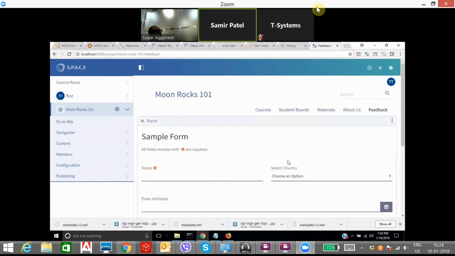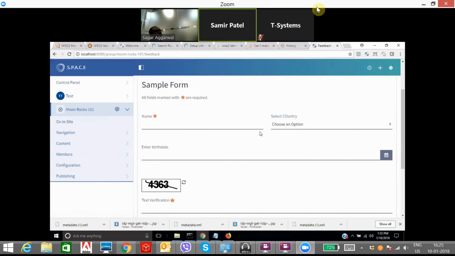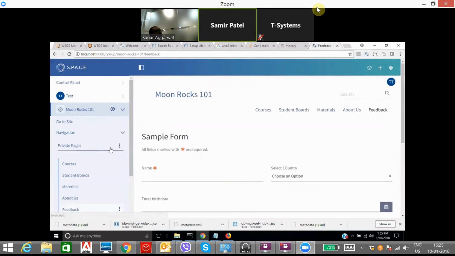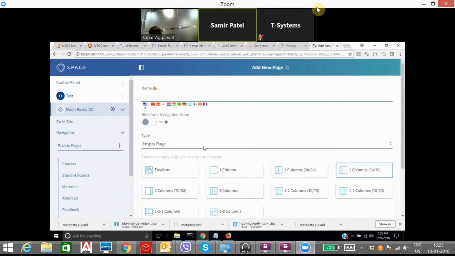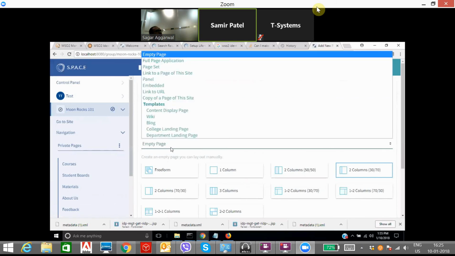there are two concepts over here: site template and page template, right? If I have a site template, I can create sites based on certain components already published on that site. For example, I want to create a site with 10 different pages and 10 different applications on those pages. So I can create a site template and create sites based on that site template. In the same way, if I want to create a page which should have a form, while adding the page itself, I give some name over here, let's say a form or a news page, and I can select